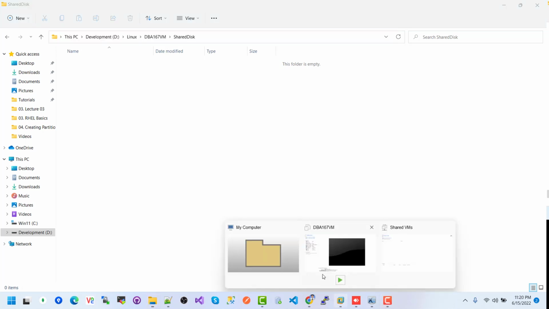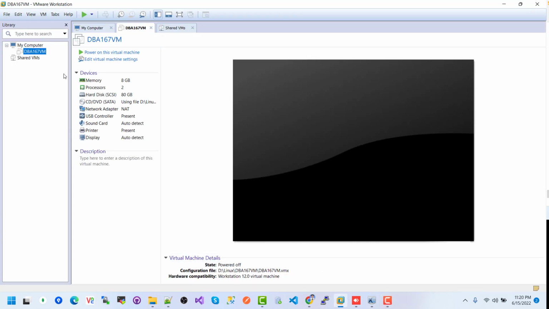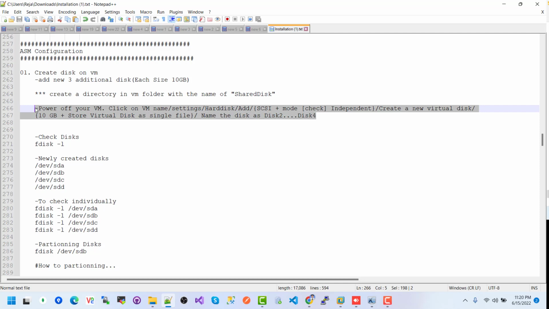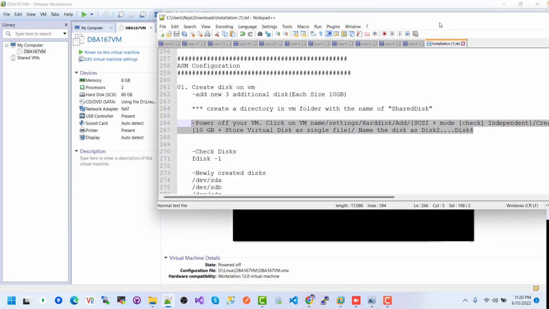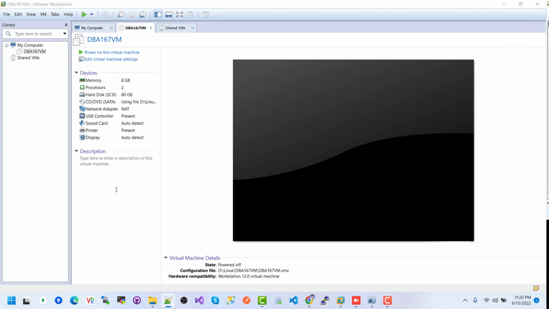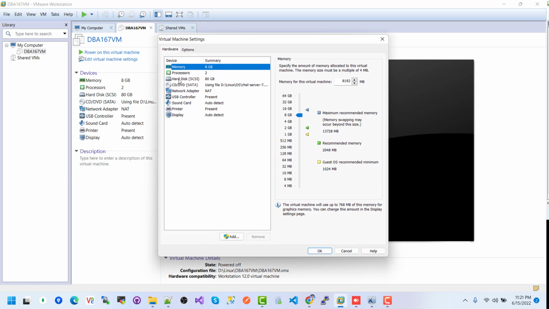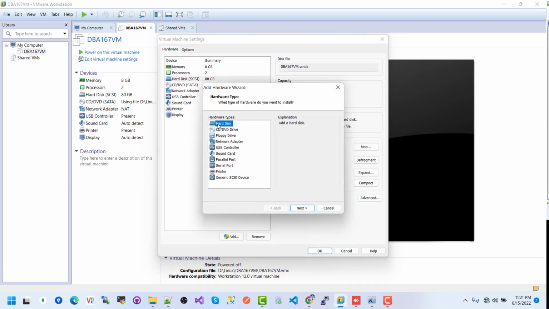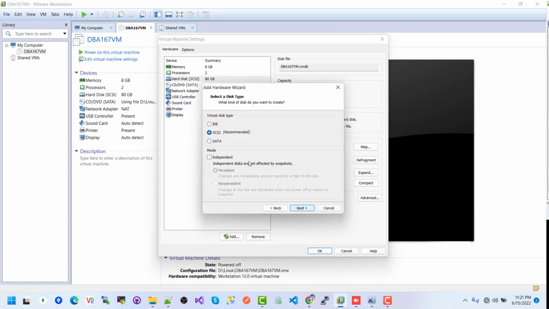So go back to the VM, and here click on the VM name and power off your VM. We will follow this step. First we need to power off our machine. Click on it and then select settings, and after that hard disk, then add, then hard disk, then next,